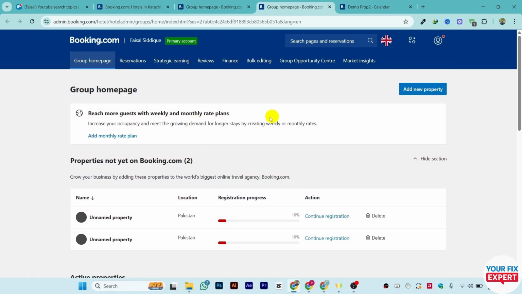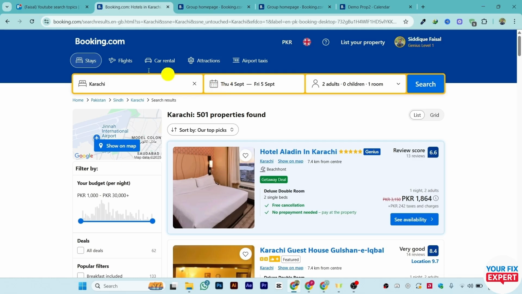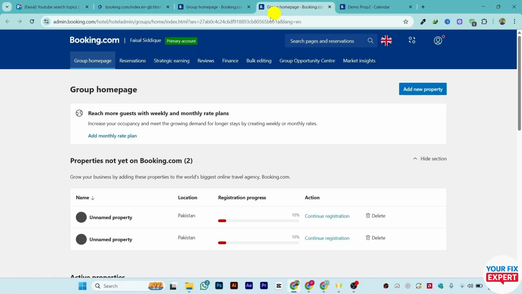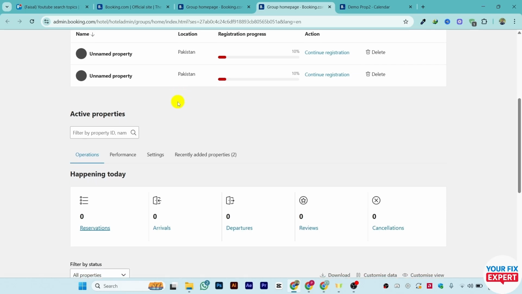Now step 1 is just go to admin.booking.com, the website of booking.com. There are two websites of booking.com. One is for the customers and the second one is for guests or the host. So just go to the admin website admin.booking.com, and from this page at the home page just scroll down, and